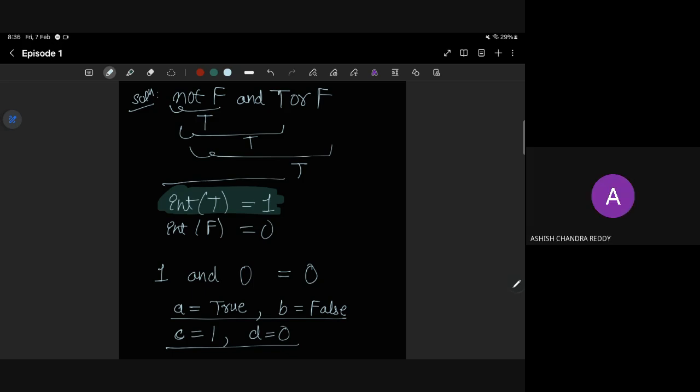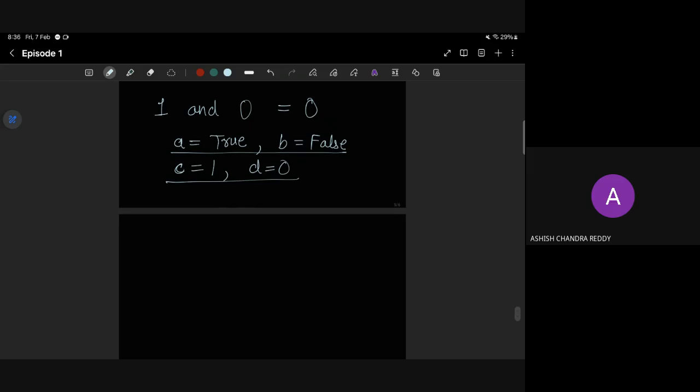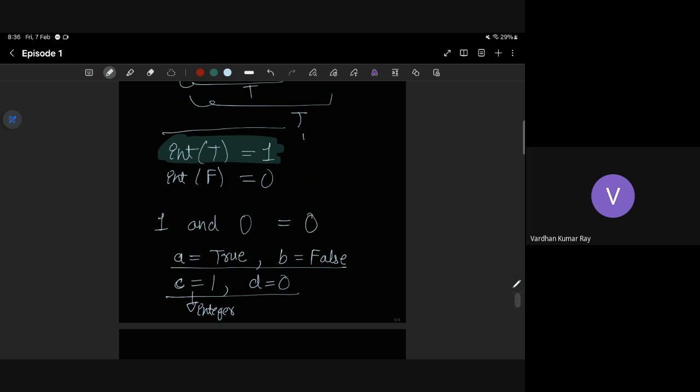If we write c equal to 1, then it will take an integer. Sir, what is an integer, by the way? What data type? Okay, that's a good question. So it's again about data type, right? So boolean can take two values, true or false. So this is the domain, right? It takes two inputs, either true or false, but it can also take values 0 and 1. That is possible, but you can't just put any number. That's the issue. It has to be 0 and 1.